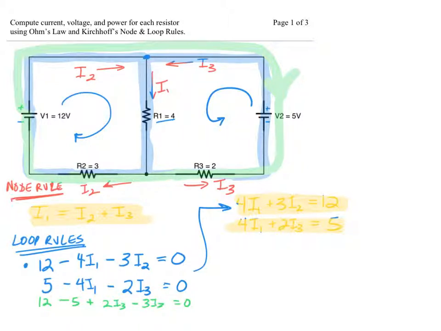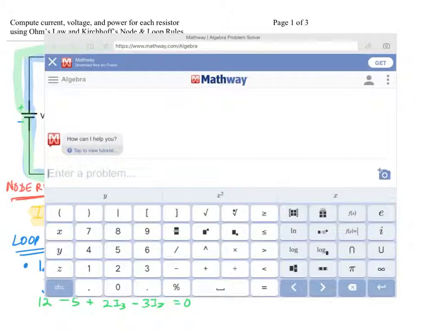And so I had told you, why bother doing it by hand? Just take the easy path and solve it using one of the online calculators. So if we come to a place like Mathway, the ultimate math cheating app, because you can take pictures of things with your phone and it'll solve it for you. I can actually type in the equations, and so